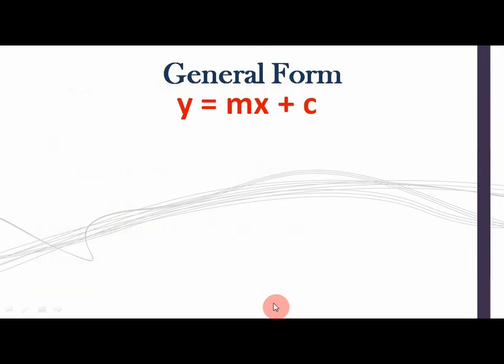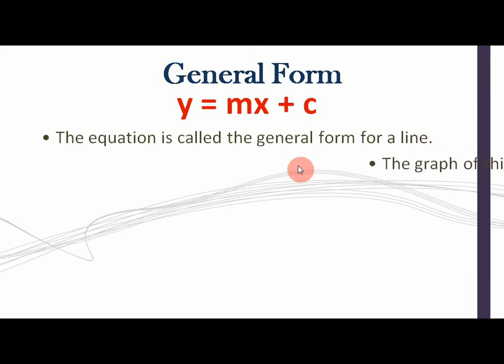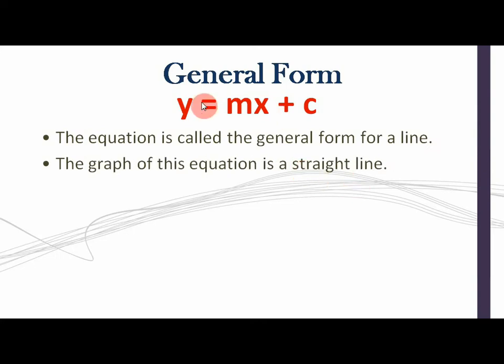Moving on, the general form of the equation of a line, as you can see, is y equals mx plus c. This is the general form of a linear equation, and the graph of this kind of equation is a straight line every time. Every time 2 points meet, they make a straight line, and the slope, also called the gradient, is m. In this equation, m is the gradient, which you studied in the last lesson, with the formula y2 minus y1 over x2 minus x1, the change in y over the change in x.